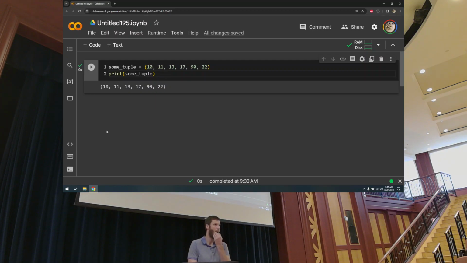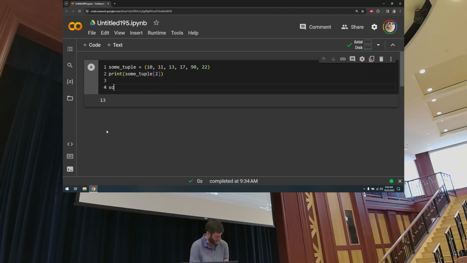That's a tuple. And the big difference you're going to notice immediately is we don't use square brackets, we're using parentheses instead, and that's how we define a tuple. And we can check the type. It's a tuple. We can index them like a list, get the tuple at index 2, but unlike a list,